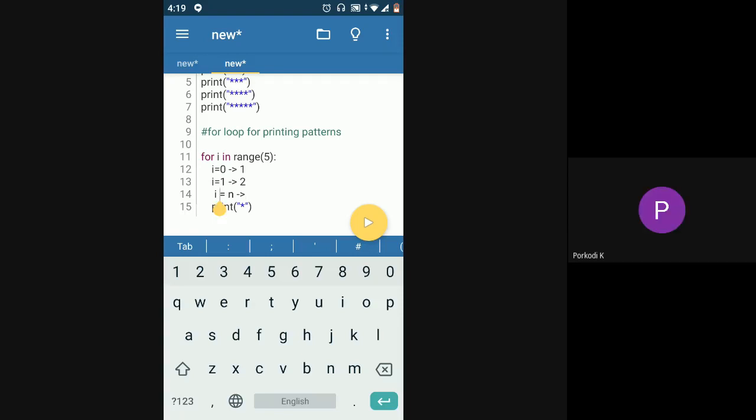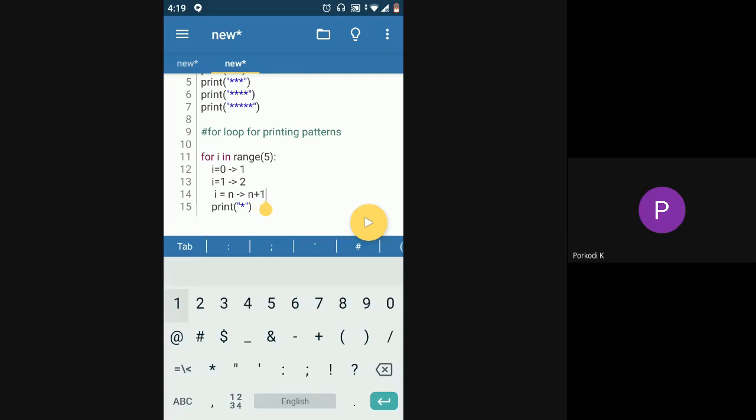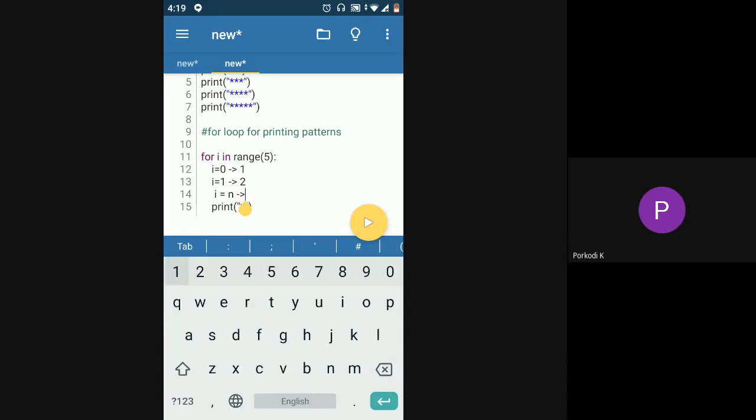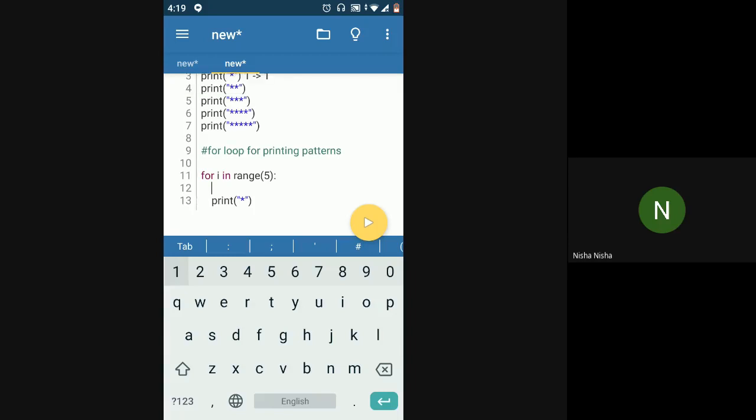N plus 1, ma'am. Yeah, right, n plus 1 stars. So the number of stars I have to print is whatever the value of I is, plus 1.